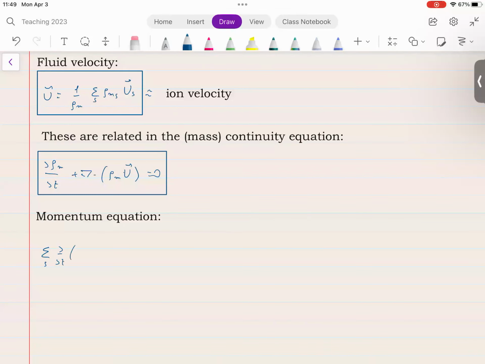Sum over species of the derivative with respect to time of the mass density of the species times the average velocity of the species, plus the sum over the species of the divergence of mass times UU,